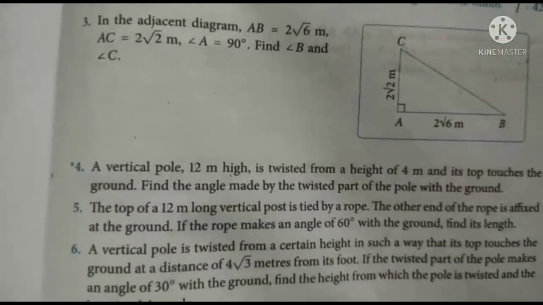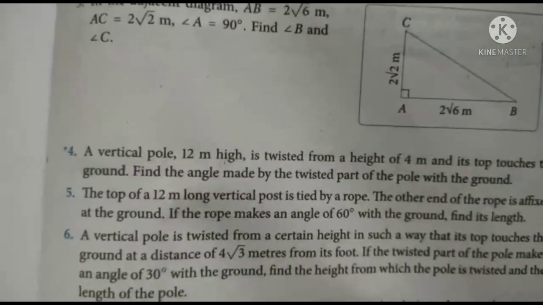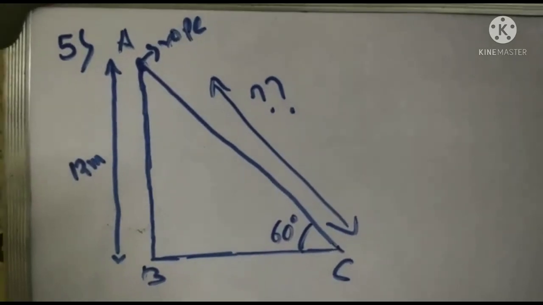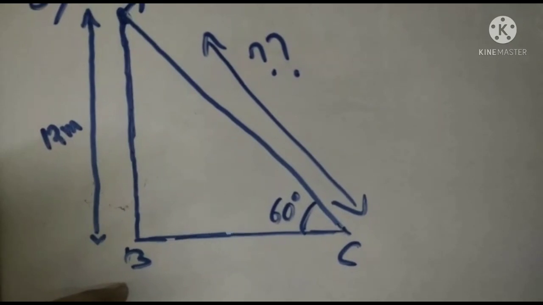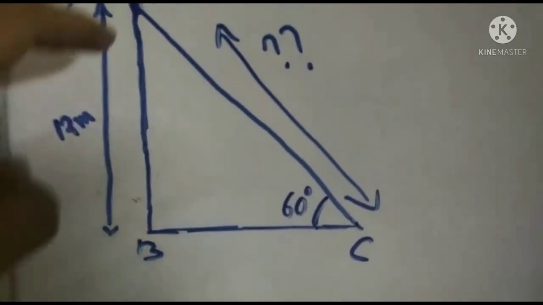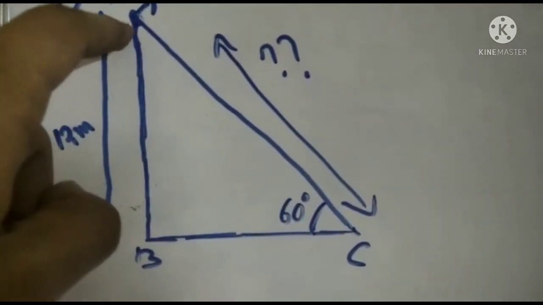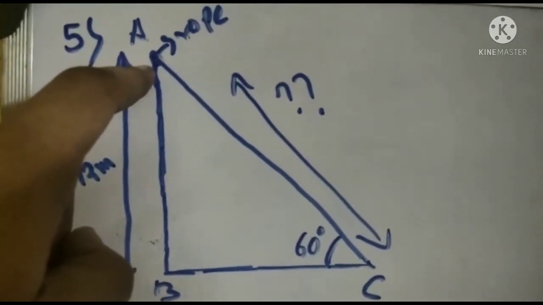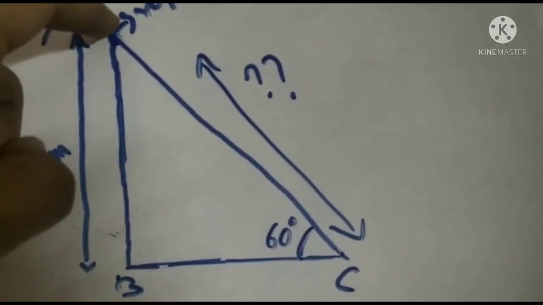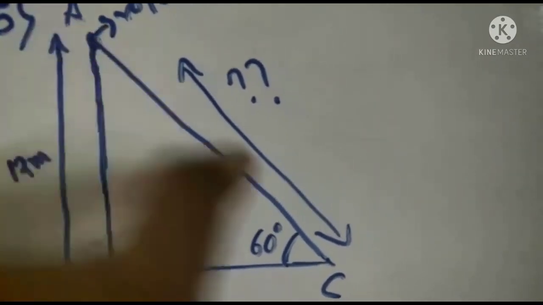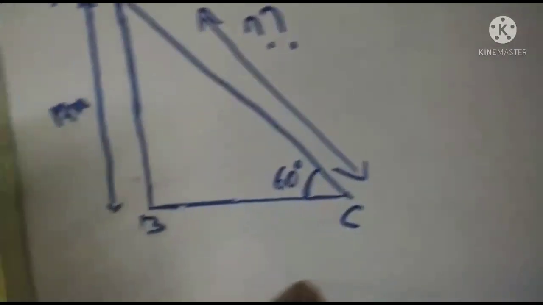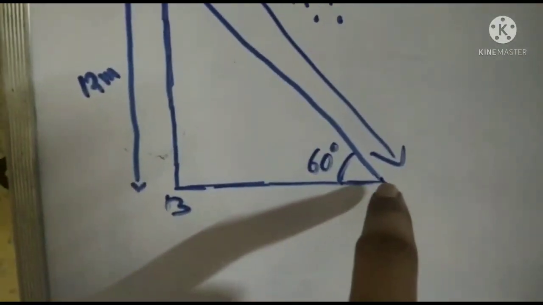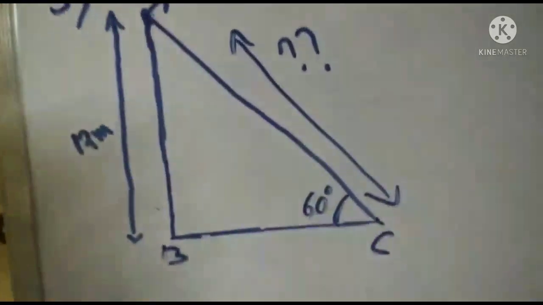Now it is told to find the length of the rope. Let's see how to find this. So you can see that I have drawn the figure on the board. From here you see AB is a vertical post, and from here this is a rope. The top of the pole is tied by a rope, as given in the question. The other end of the rope is fixed with the ground. This rope can't go this side because here no ground is there, the ground should be downward. So from here to here the rope is fixed. This is the end of the rope. So from here to here, this length it is told to find.